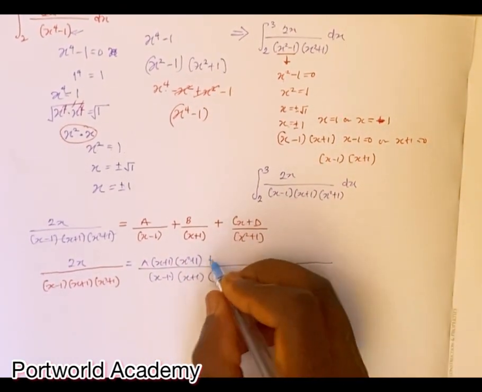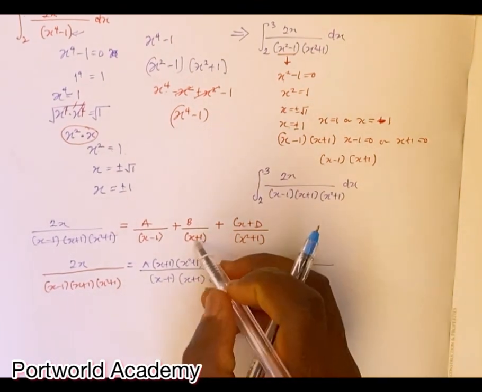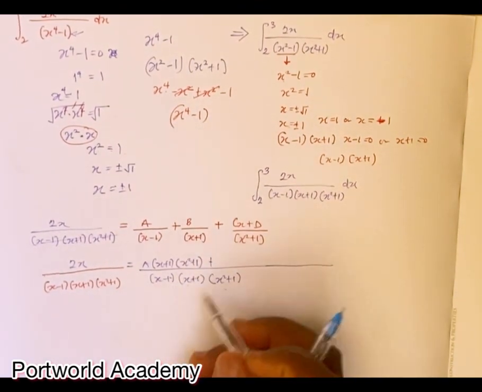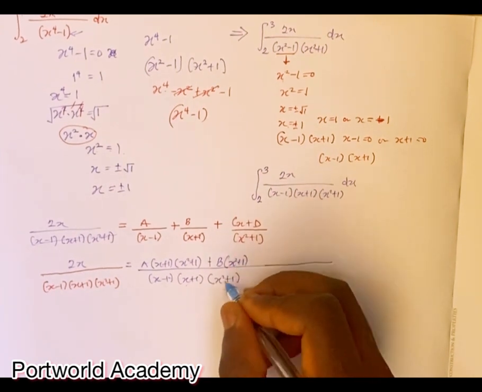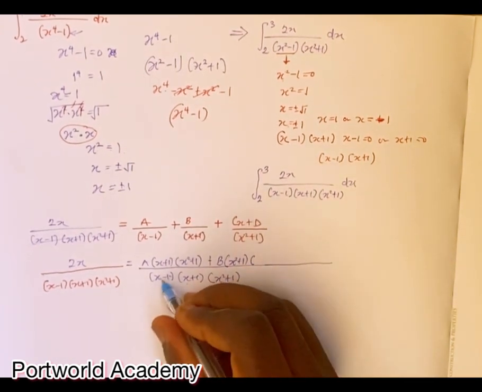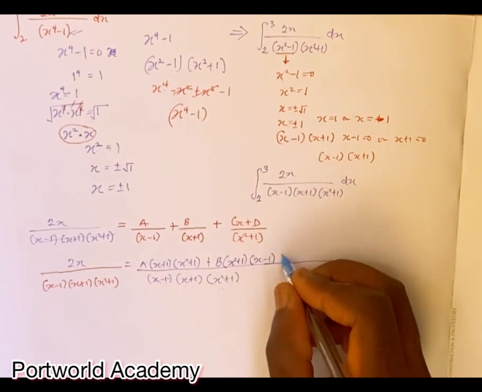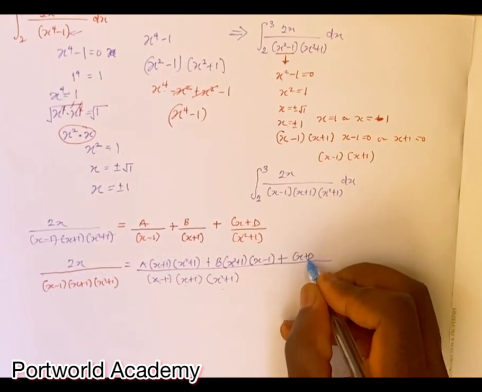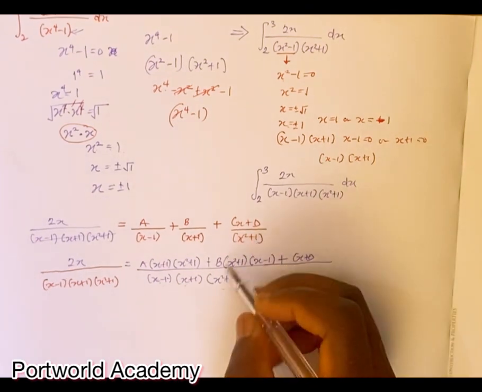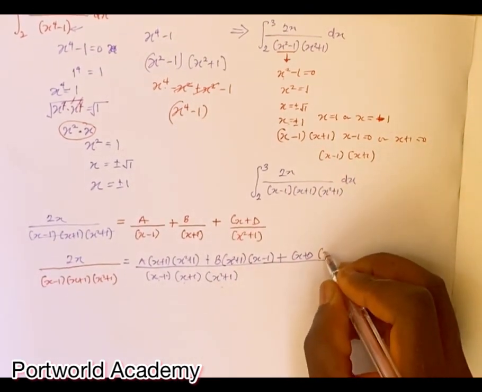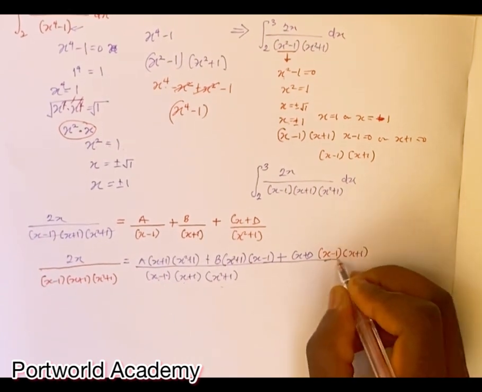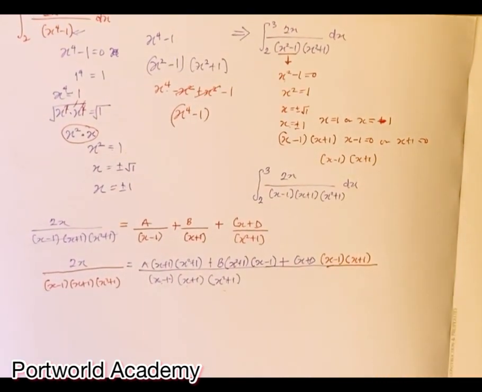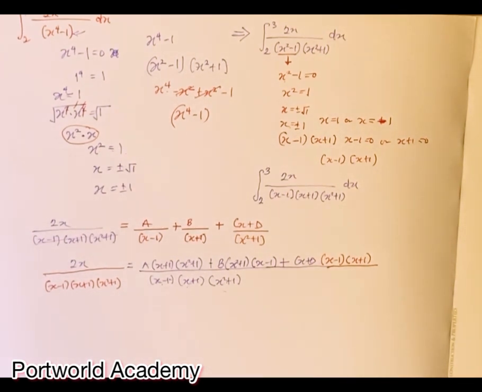Plus, this cancels this out, I'm left with these two. So I'm going to have my B into (x squared plus 1), into (x minus 1), then plus (Cx plus D). My Cx plus D, this is going to cancel this, I'm left with (x minus 1)(x plus 1). That's just it. So the funniest thing is that I can go ahead and open the brackets, but